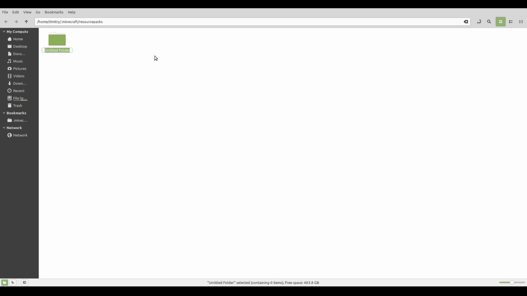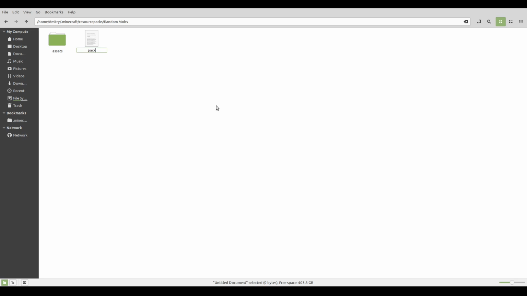First of all, you need to create a folder, and you have to name it whatever your resource pack's main name will be. I will call mine Random Mobs, because that is what my resource pack is going to be named. You can name it whatever you want, like the name that you want of your resource pack. Now, inside here, you'll need to create two things. One of them is an assets folder, and the other is a text document, which is going to be called